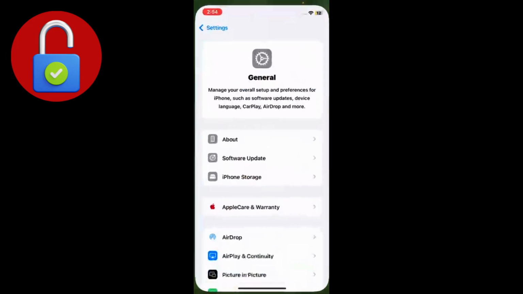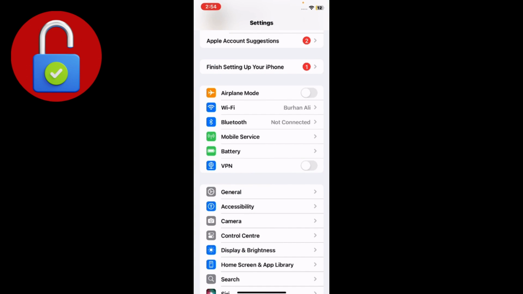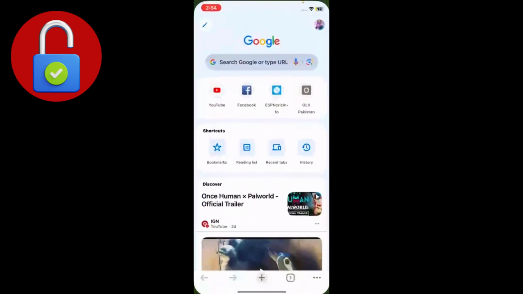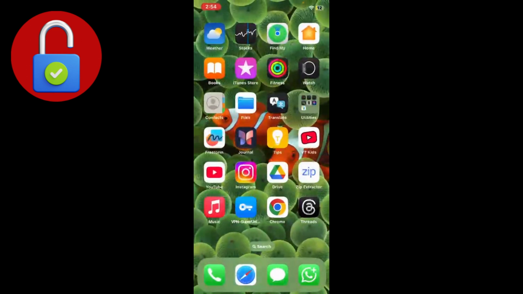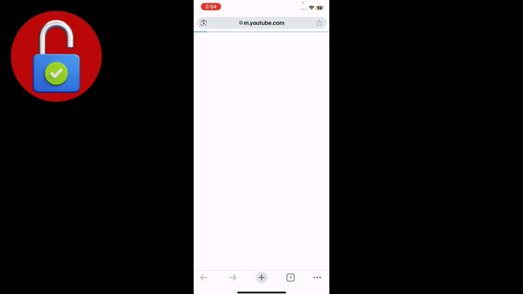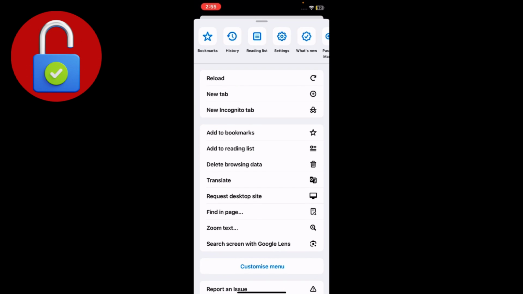Simply go to the settings of the iPhone and make sure that you have a strong Wi-Fi connection. Also make sure that VPN is not connected. If you have a connected VPN, just disconnect it. After that, simply go to Chrome. I cannot go to the YouTube app because I want to switch to desktop, so that's why I'm going to Google Chrome and just searching YouTube. After searching YouTube, just tap on the three dots, scroll down and find Request Desktop Site. Just tap on that